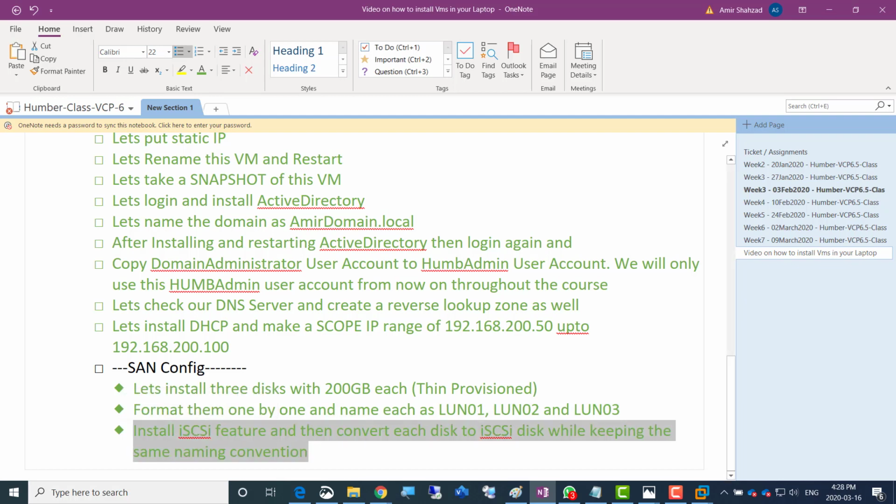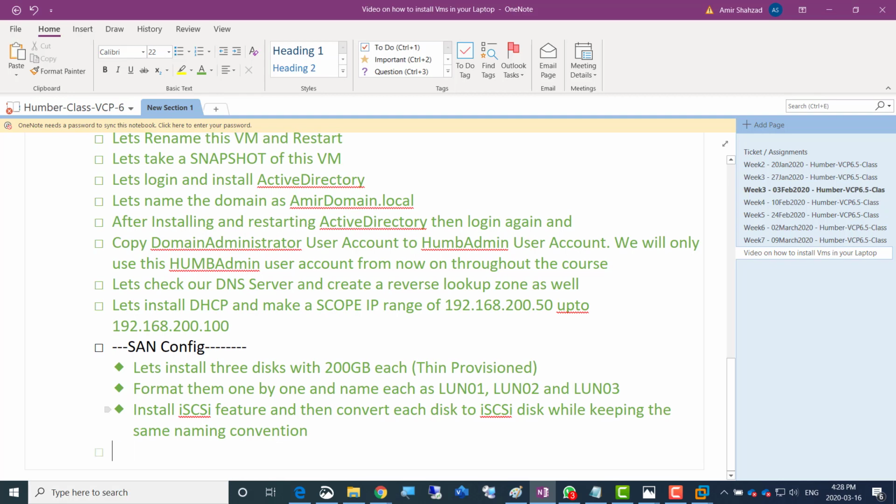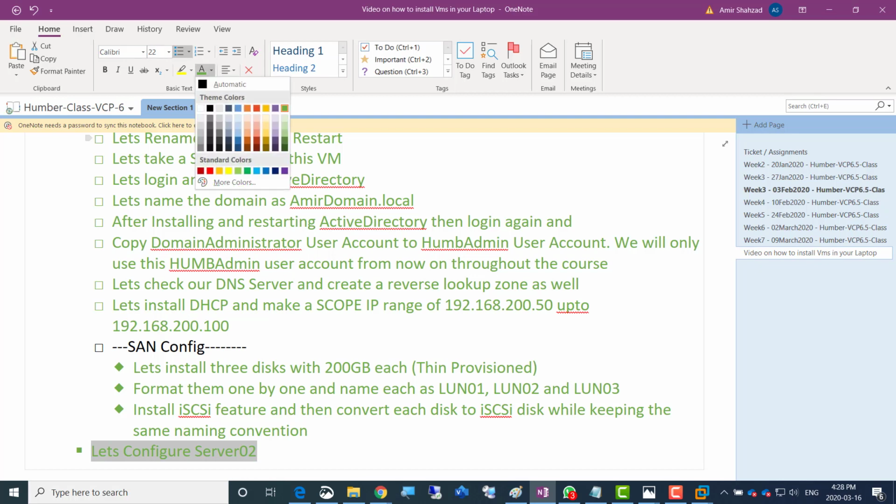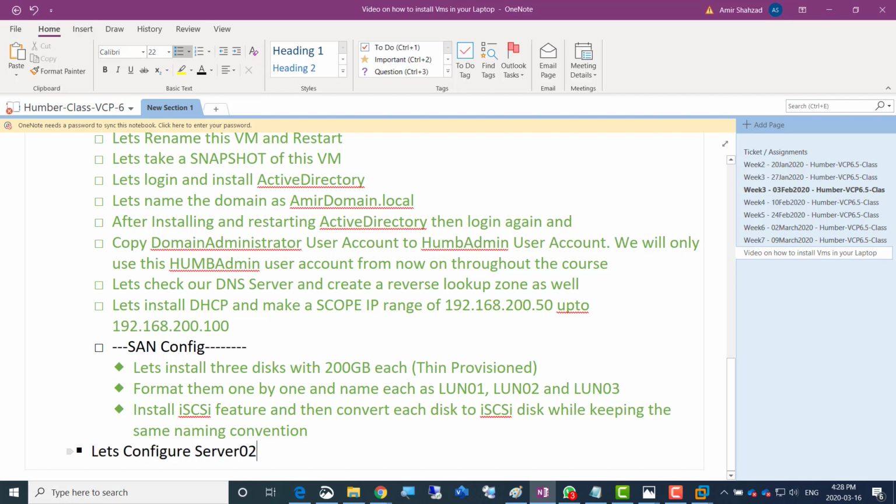On server 2 now, so let's go to server 2, and let's configure server 02 now, and that server has big responsibilities, obviously. So first of all, because it is not done, I'm just going to change its color to black,